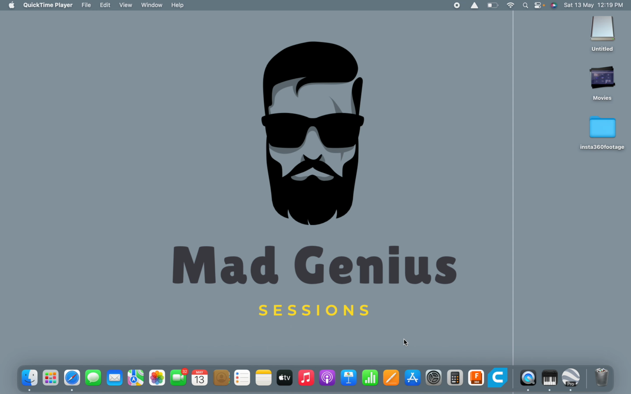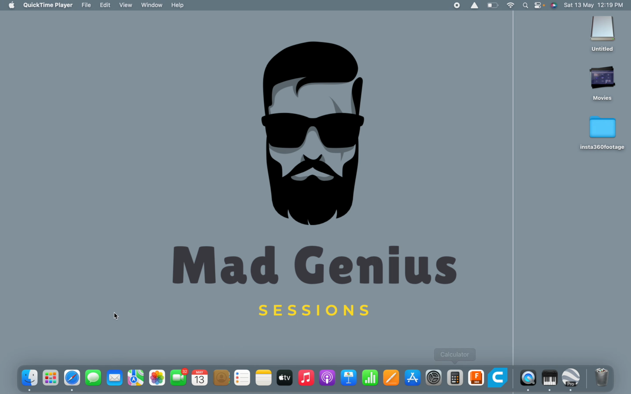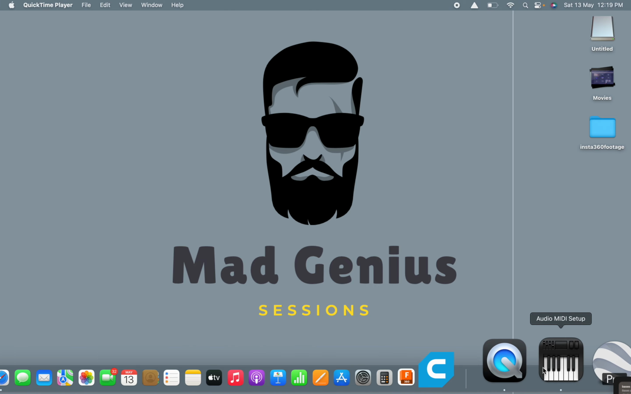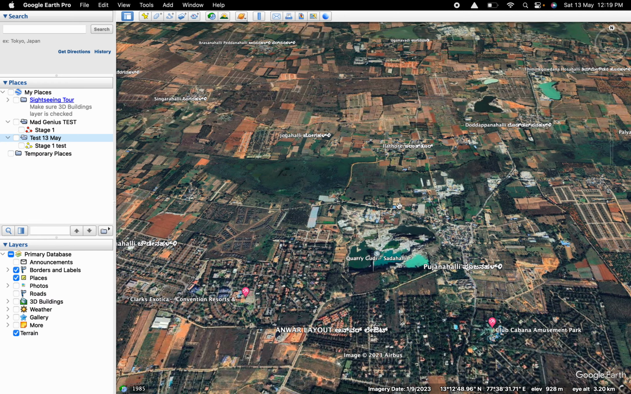Today I'm going to take you through a screen recording of mapping a GPX trail. This one is going to be on Google Earth Pro. You can launch Google Earth through your web browser or the Google Earth Pro application like I've done here. I'm going to map out a new trail on,